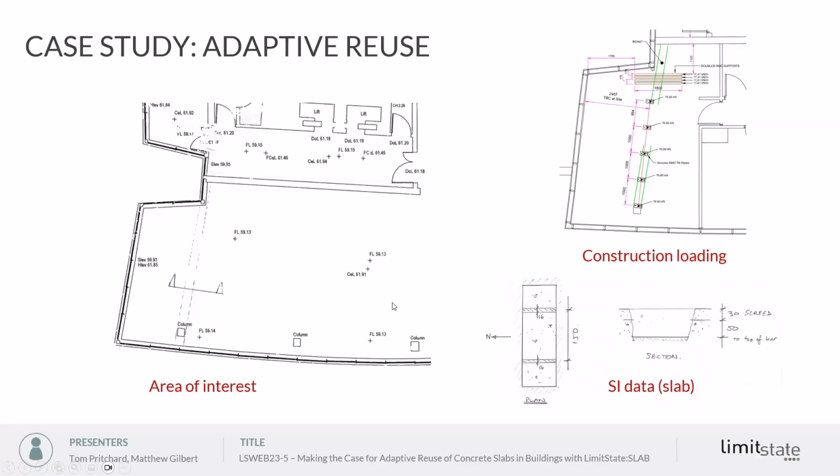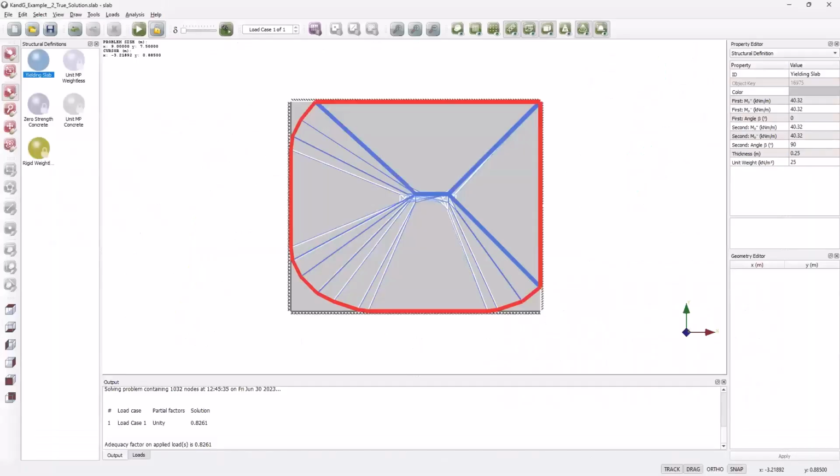On the left-hand side here, we have the area of interest. The blue square here is one of the columns that you saw on the previous slide, and the yellow line is that beam section that runs throughout the slab. On the right here at the top, we have an outline of the construction loading, which takes the form of both point and line loads. And at the bottom, there are a few sketches from the site investigation. So if we jump back into the software,